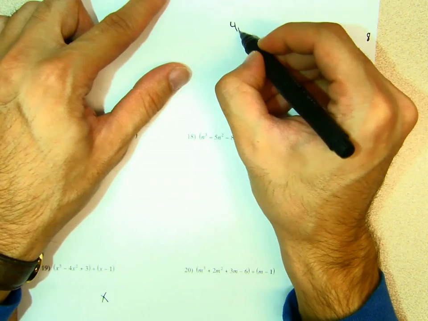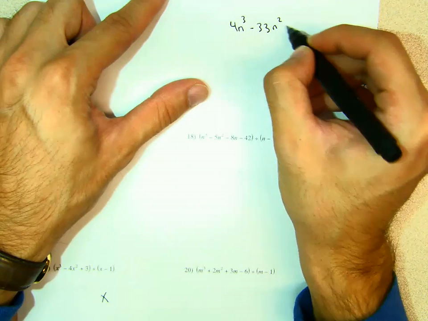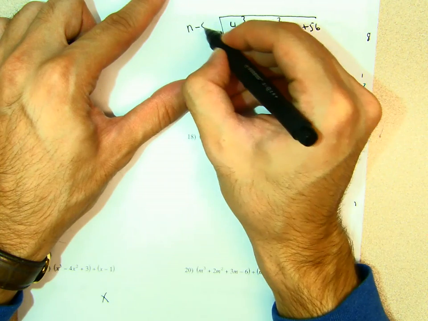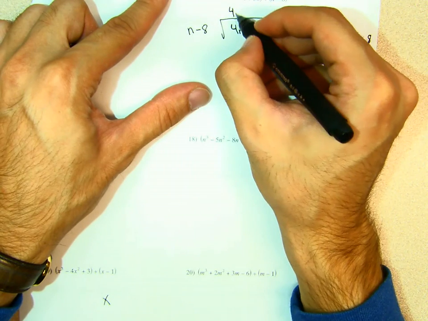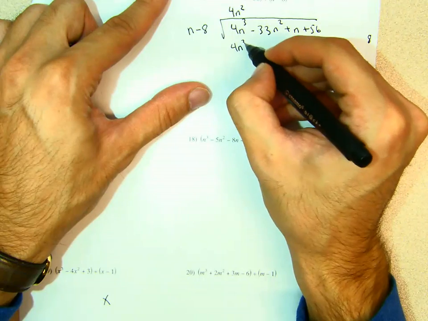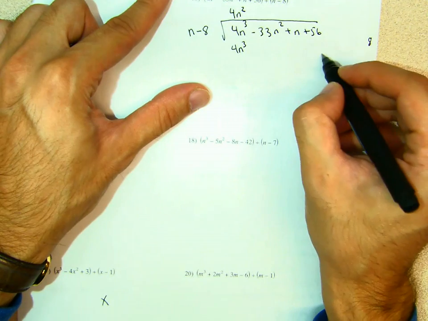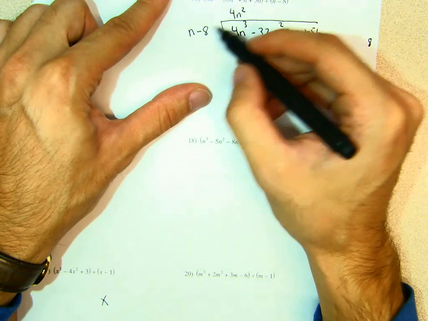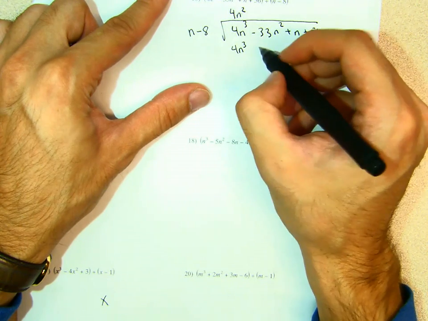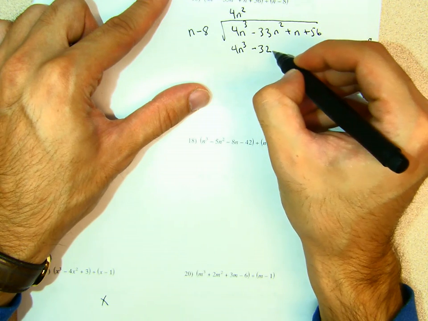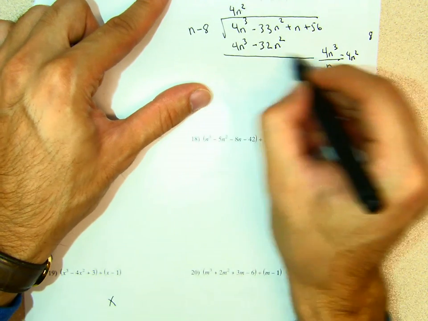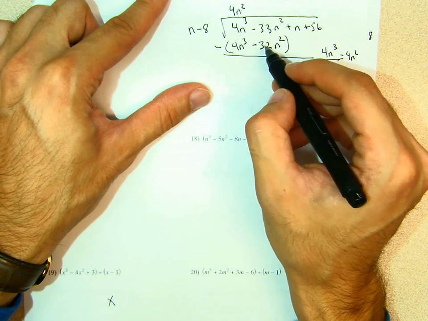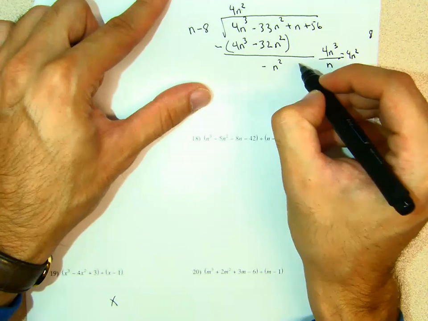Okay, so 4n cubed minus 33n squared plus n plus 56 divided by n minus 8. So here, this goes in 4n squared times, so this is 4n cubed, right? How many times does n go into 4n cubed? So it's 4n cubed divided by n, which is 4n squared. So 4n squared times n is 4n cubed, 4n squared times negative 8 is negative 32n squared. Parentheses, parentheses, subtract. So this is negative times negative is positive, so this just becomes negative n squared plus n